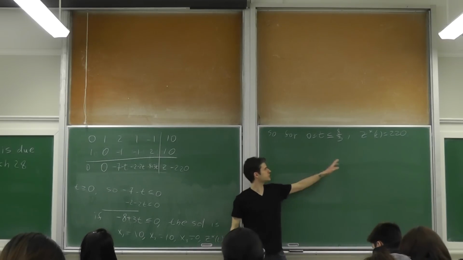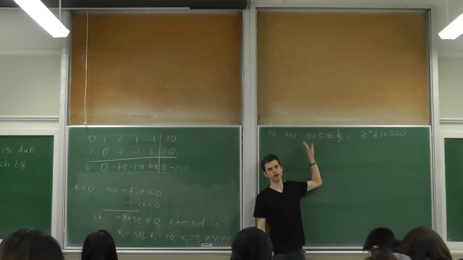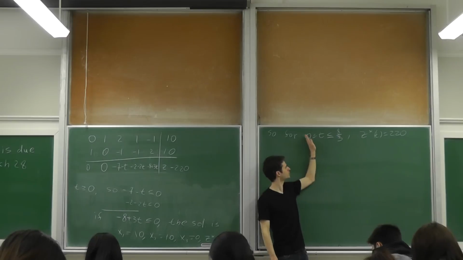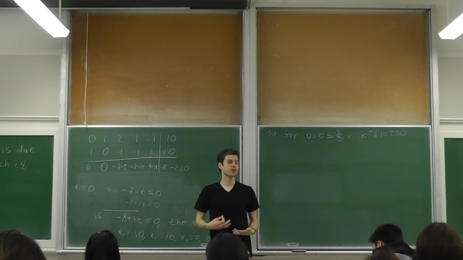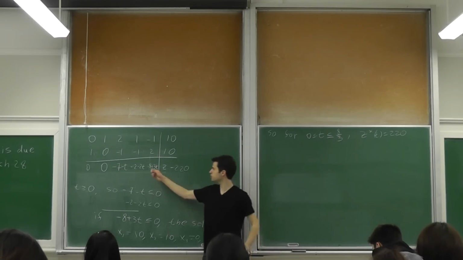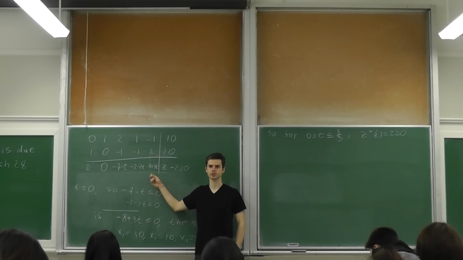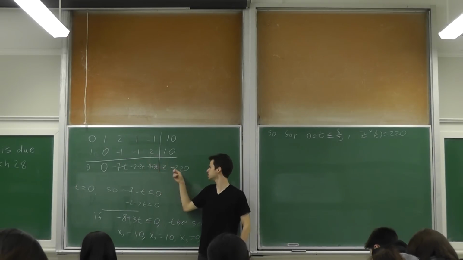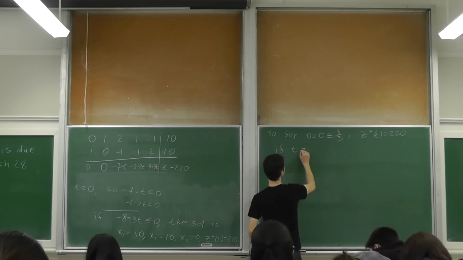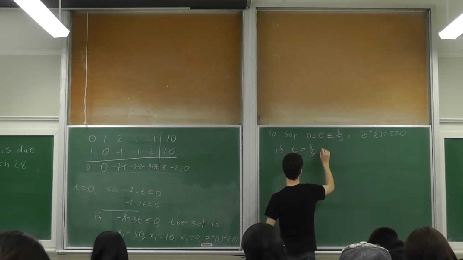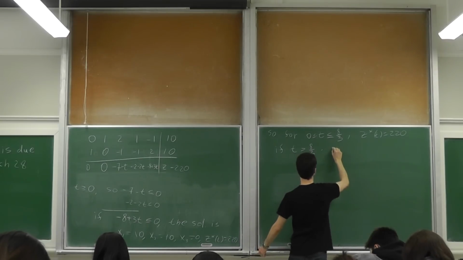So we cannot increase the objective function if our advertising budget is from 0 to 8/3. Once it gets larger than 8/3, this number then turns positive, and then we can increase the objective function. So if t is greater than 8/3,